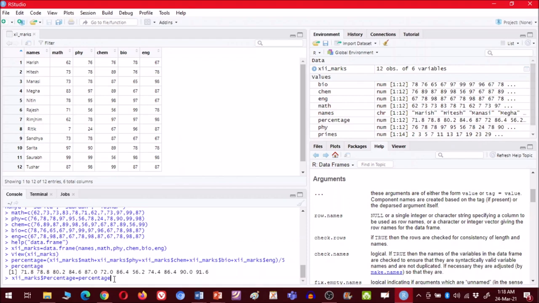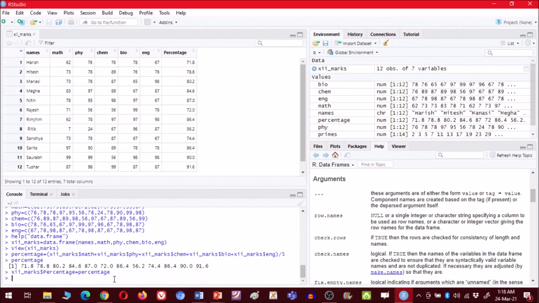Once you click enter, you will see that the percentage column is automatically added to the data. So this is how you can analyze your data using R. Now next, we want to calculate the mean.